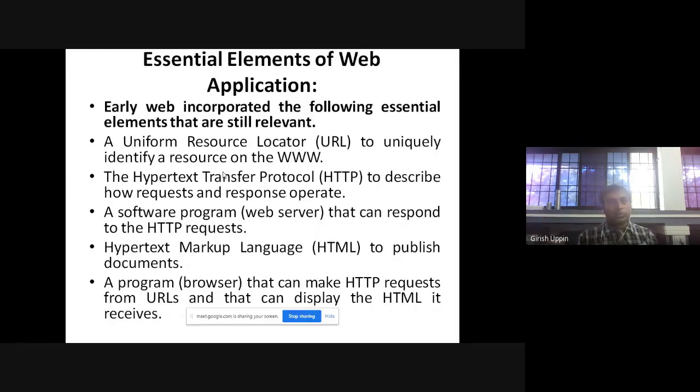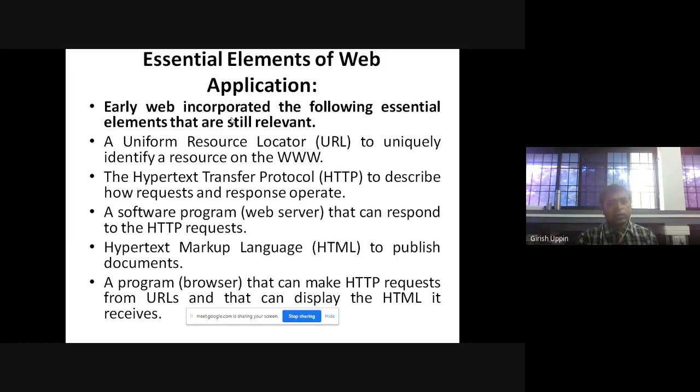Normally the response will come as HTML, images, things like that, and that will be displayed on the browser. That was the structure, and the same structure is essentially followed in almost all applications. Even today it is relevant. There might be some changes in the way these elements work, but predominantly all these elements are still relevant.